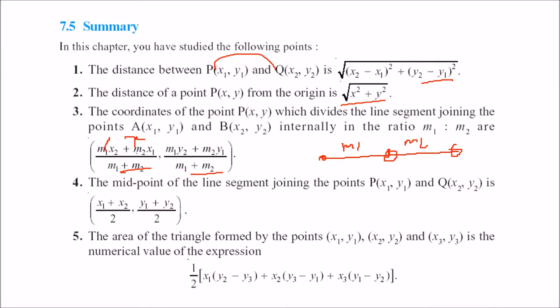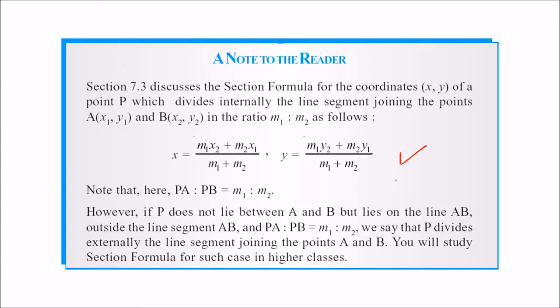If you place m1 by m2 equal to 1 by 1, that is, the point is bisecting, then the point will be ((x1 plus x2) by 2, (y1 plus y2) by 2). You can place 1 here and you can find it out. Then the area of a triangle formed by these three vertices is the mod of half into x1 (y2 minus y3) plus x2 (y3 minus y1) plus x3 (y1 minus y2). This is the area of a triangle. And there are various versions also, because this point can divide the line internally and also externally. We'll talk about that later. So this is the area of a triangle in coordinate geometry.